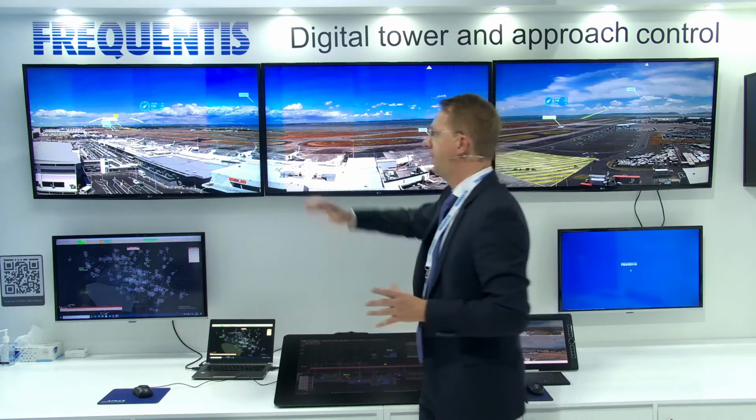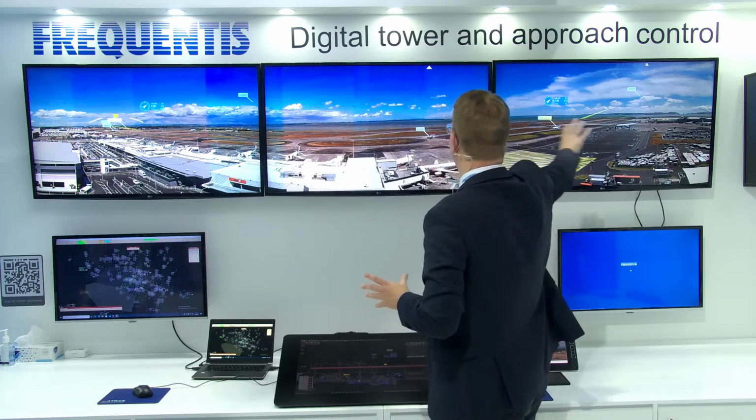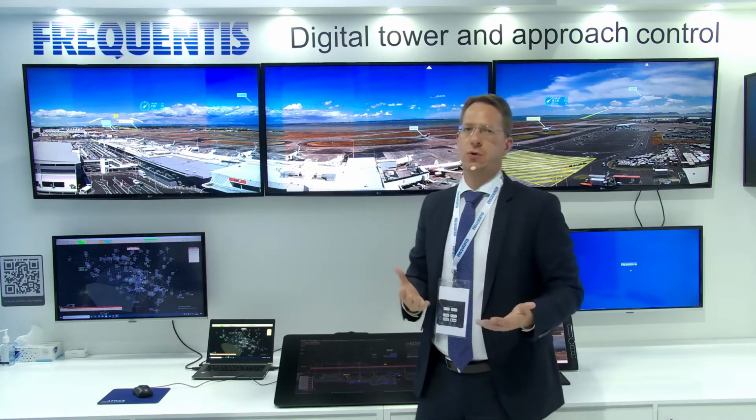First of all, the out of the window view, which you can see on those three screens. We are providing a view up to 360 degrees, seamlessly stitched together so that the controller has a view as close as possible to the human eye as he knows today from the out of the window view.